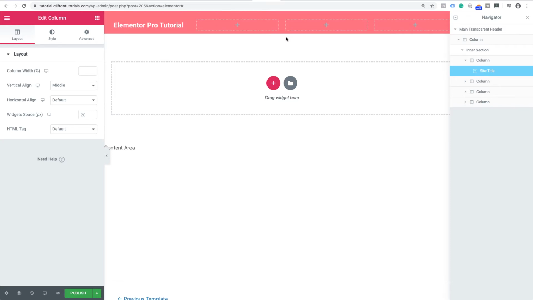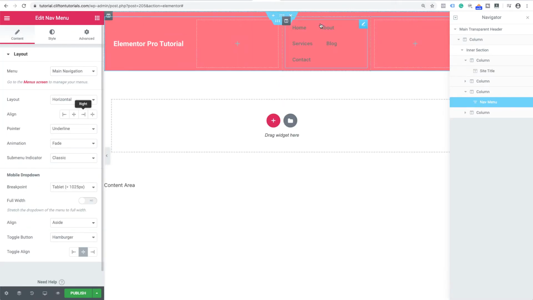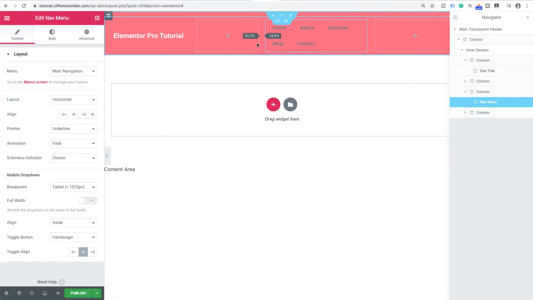Okay. Now the other thing that we're going to need is we're going to need some other items here. So I'm going to have my menu, and I'm also going to have some social media icons in here. So I'm going to go ahead and grab a menu. We can just grab the nav menu widget, place that in there. And now you do have to have some pages created or a menu created, all right, to see the menu